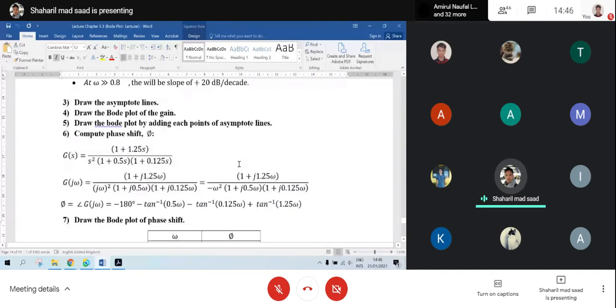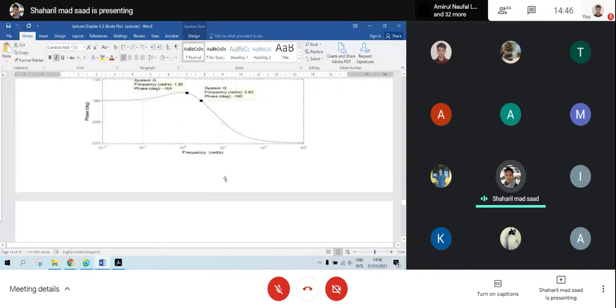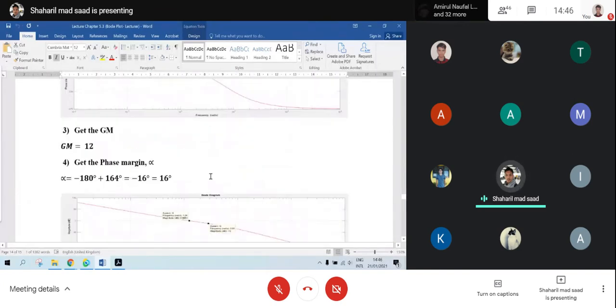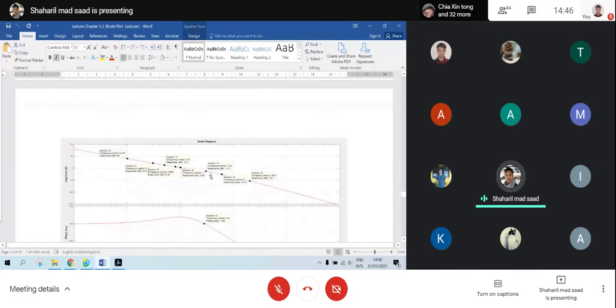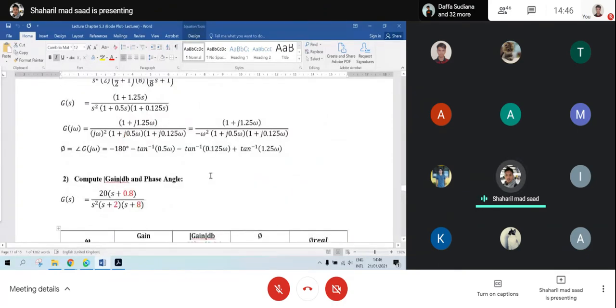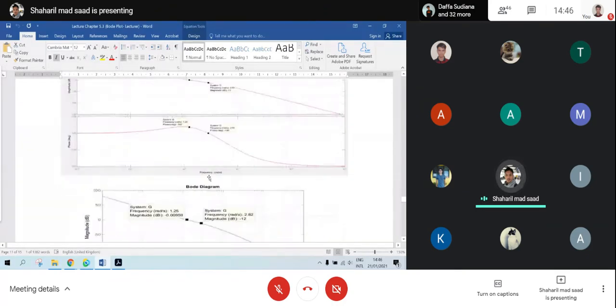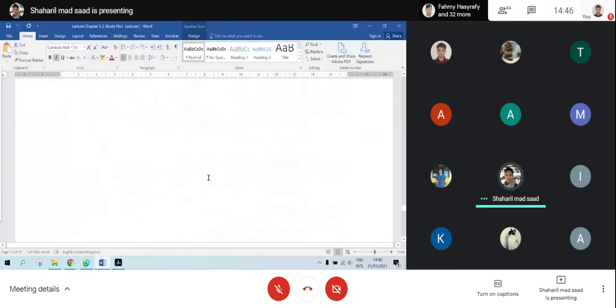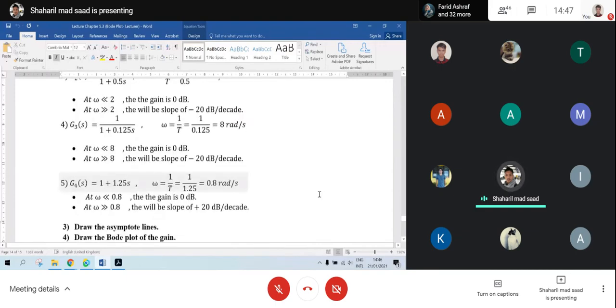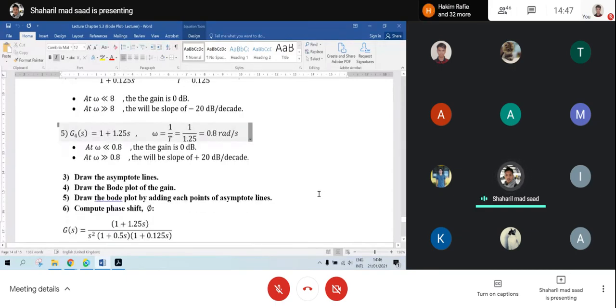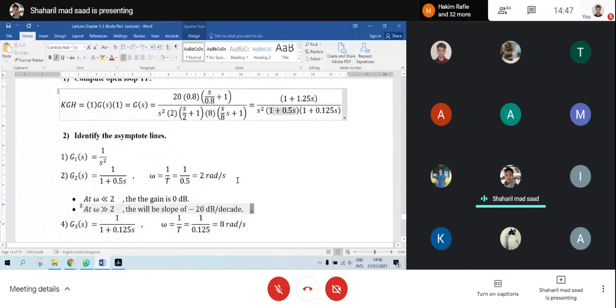My advice is try to use method number 1, right? It will be easiest, and there are a lot of asymptote lines that you need to draw. For example, this one is only 4 lines you need to draw. So it will consume time if you use the second method.